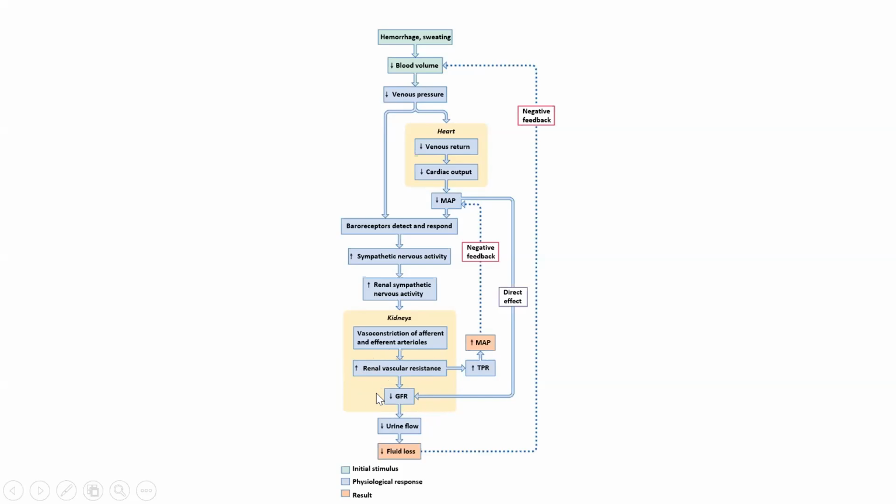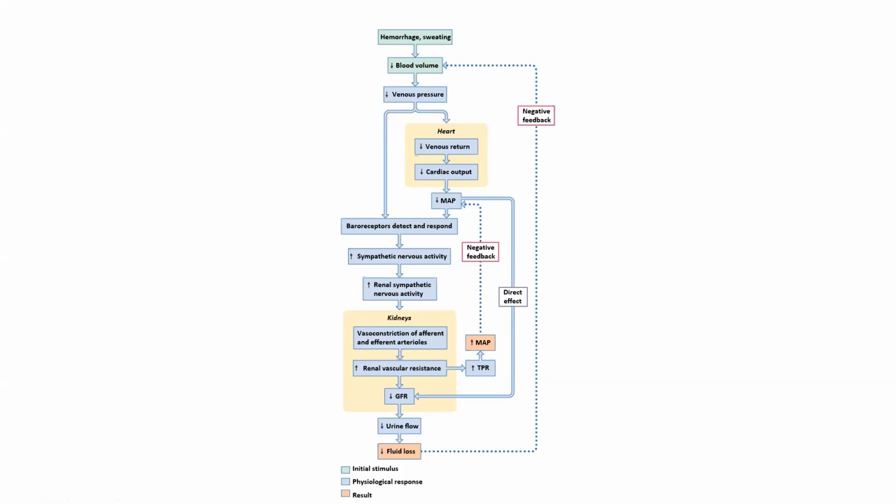If we're decreasing the flow, the amount of plasma that's being filtered is going to decrease, right? So that's going to be a drop in GFR, and then urine output is going to decrease and fluid loss is going to decrease. So that is the intent behind this extrinsic control. If I'm hemorrhaging, if I'm sweating profusely, if I'm extremely dehydrated, my kidneys need not keep GFR constant at this point. They need to now decrease the GFR so that I don't lose too much fluid, so that I don't die of shock or die of hemorrhage, okay?